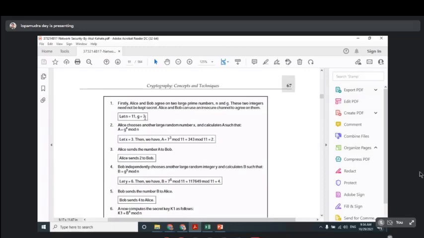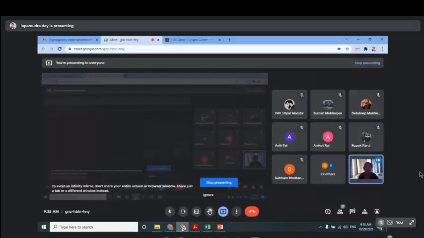Actually these prime numbers will be quite large, but as we are doing one example, we have taken n equal to 11, g equal to 7, so that we can compute it faster. Otherwise, if you take a big prime number like 131, it will take time. But normally it should be some large prime number, so it will add some complexity, and then it can be done as per your requirement.